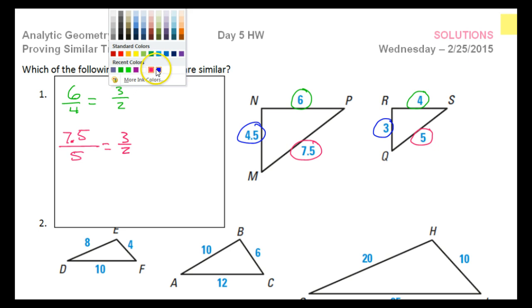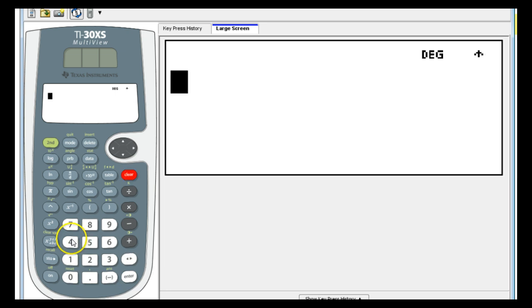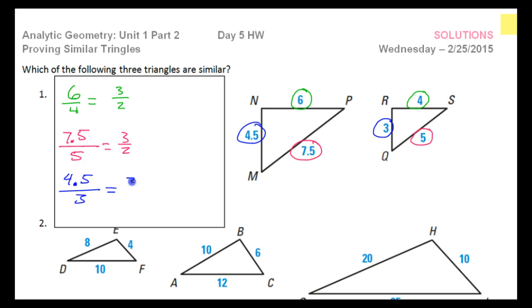So let's check the blues now. That would be 4.5 over 3. Let's see what that is. And once again, 3 over 2. Okay, because we got the same ratio all three times, that means that these two triangles are similar by side-side-side